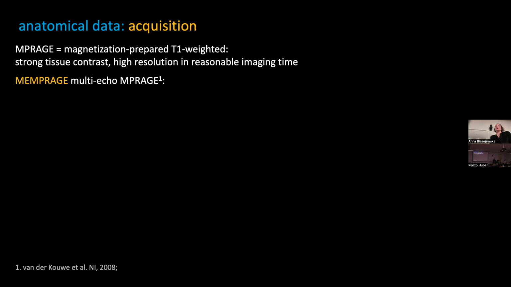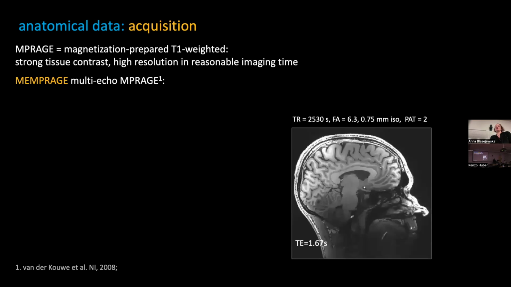But unlike the data we're going to be working on tomorrow, we actually use the multi-echo version of it. This is the version with 4 echoes. We've got 4 different images with slightly different contrast, and we choose to use this because it helps us to